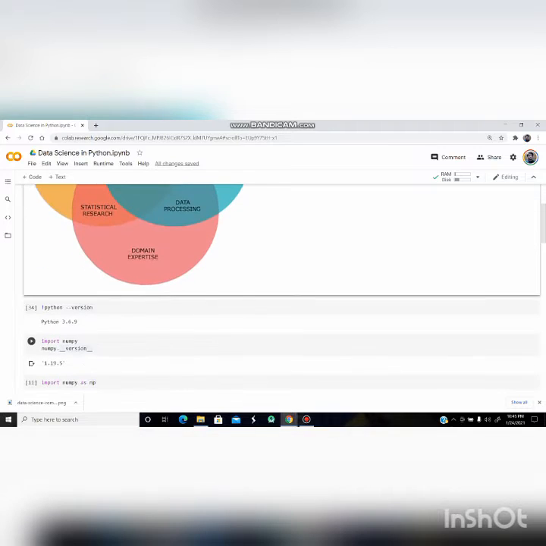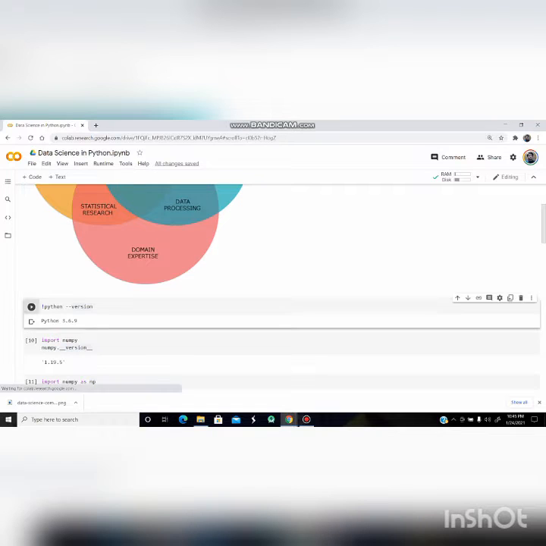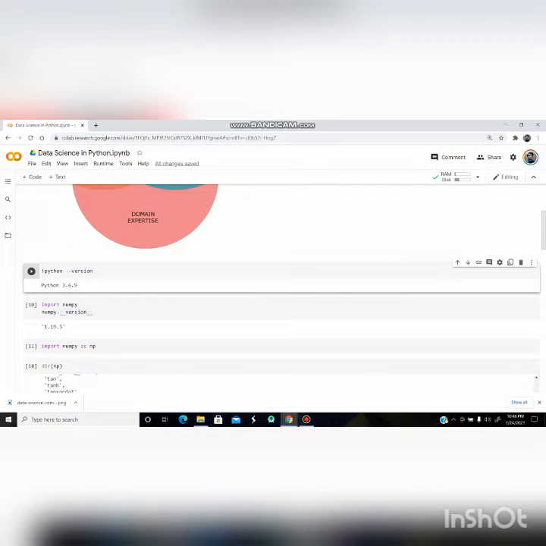So let's see the Python version we will be using throughout this tutorial series using this line of code. It shows that we are using Python 3.6.9, and we'll have to click this icon to run our code in Colab. In this video I will be talking about the NumPy library,